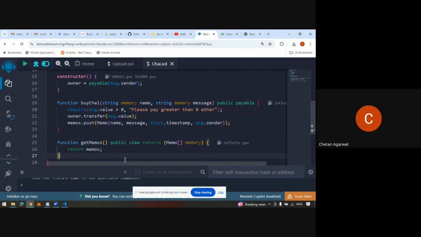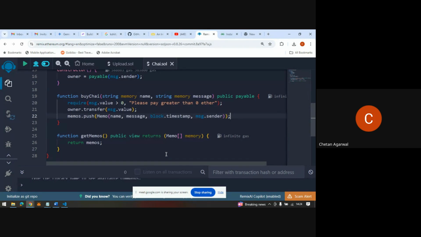Towards the end, a small function has been added which will return all the messages that are there in the smart contract. This is a very small smart contract. There will be 3 fields to enter: the name, the message, and the amount, and then to send. The moment you send it, the amount will be added to our address, and the necessary messages will be added to the memo. Just to show you how this smart contract works,